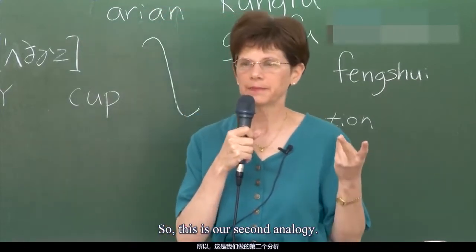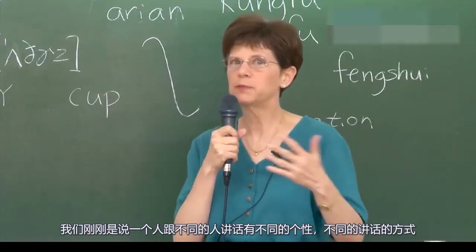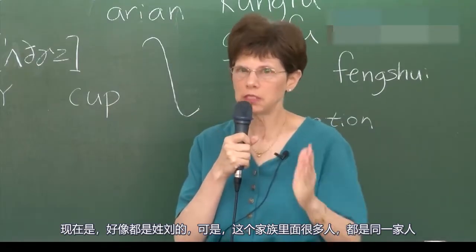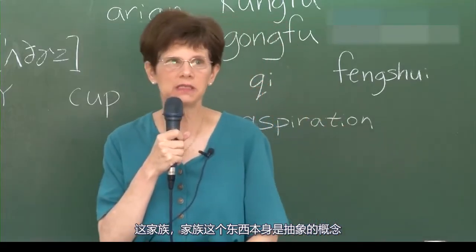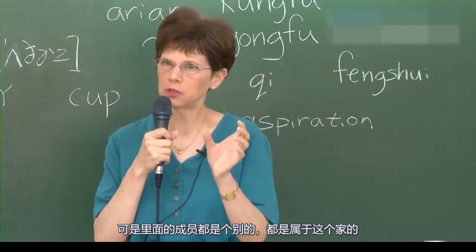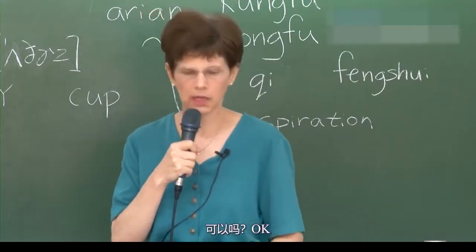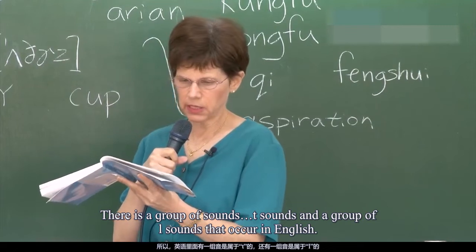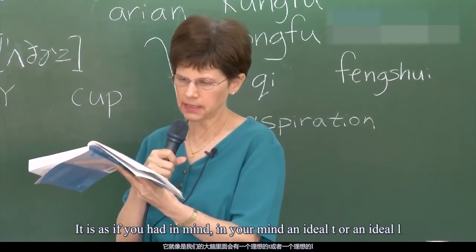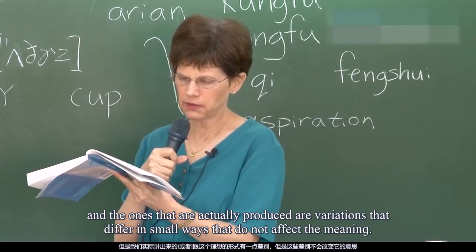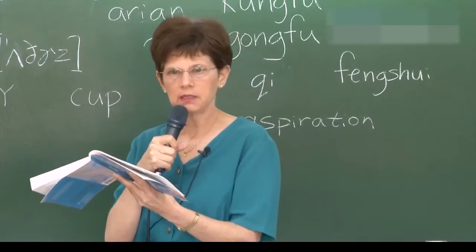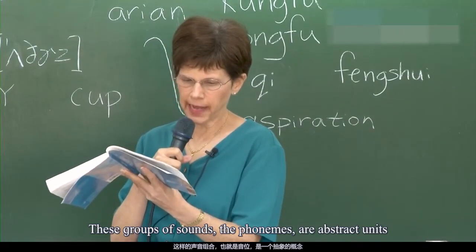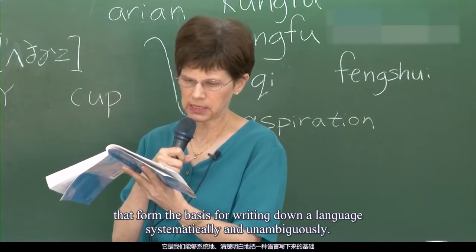So this is our second analogy. 我们刚刚是说一个人跟不同的人讲话有不同的个性，不同的讲话的方式。现在是好像都是姓刘的。可是这个家族里面很多人都是同一家人，这家族这个东西本身是抽象的概念，可是里面的成员都是个别的，都是属于这个家的。That's like a phoneme and allophones，可以吗？Okay. There is a group of sounds, T sounds, and a group of L sounds that occur in English. It is as if you had in your mind, an ideal T or an ideal L. And the ones that are actually produced are variations that differ in small ways that do not affect the meaning. 同样都是姓刘的，可是每个人的有一点变化，都不太一样。